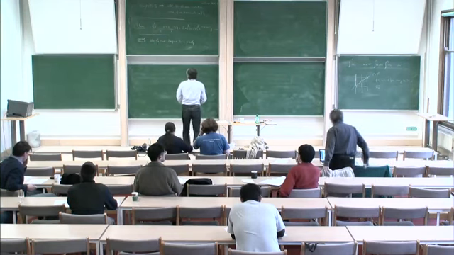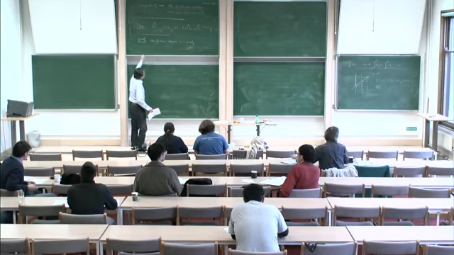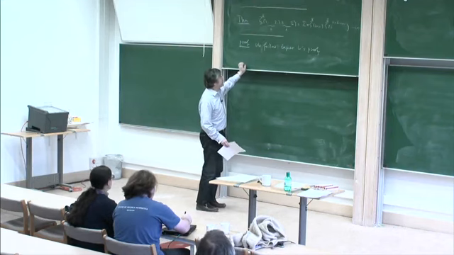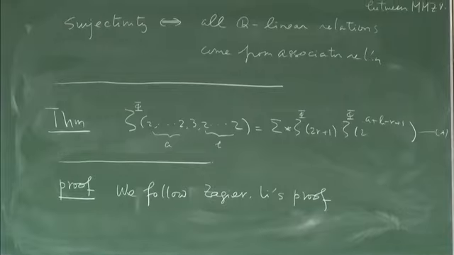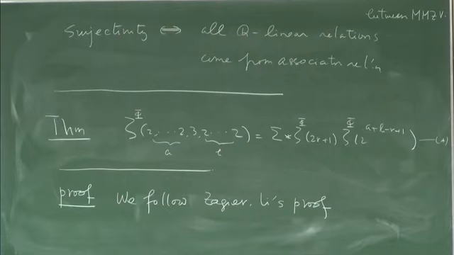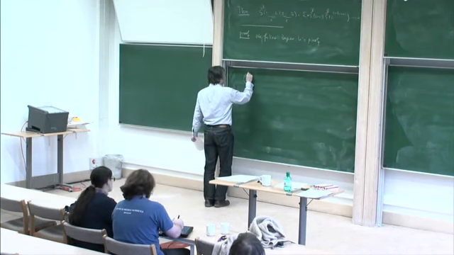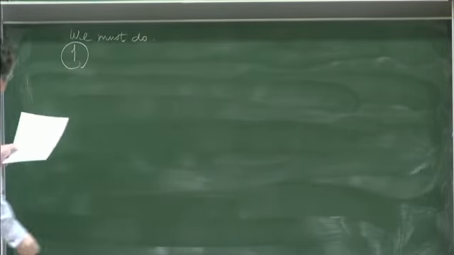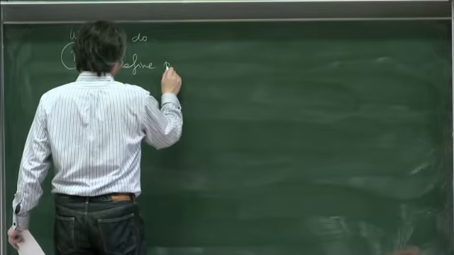So now I want to give an outline of proof. The principle is we follow Zagier's and Lee's proof. To use their tools, we must do several things. First thing is we must define a period integral